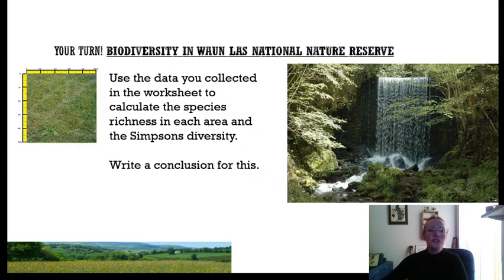So I'd like for you to use the data collected that's in the worksheet then to calculate the species richness and the Simpson's diversity, and I want you to write a conclusion for that as well. Okay,